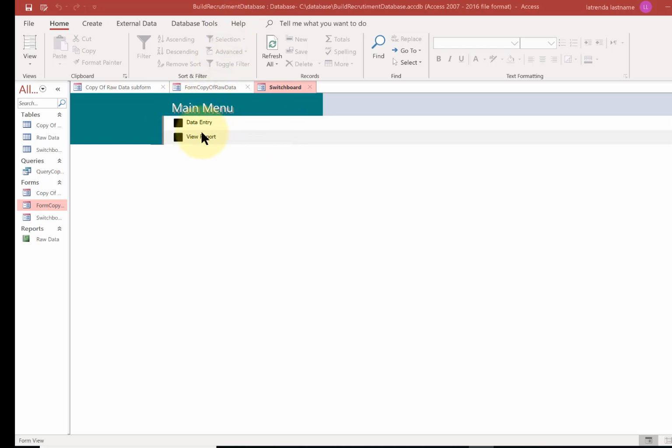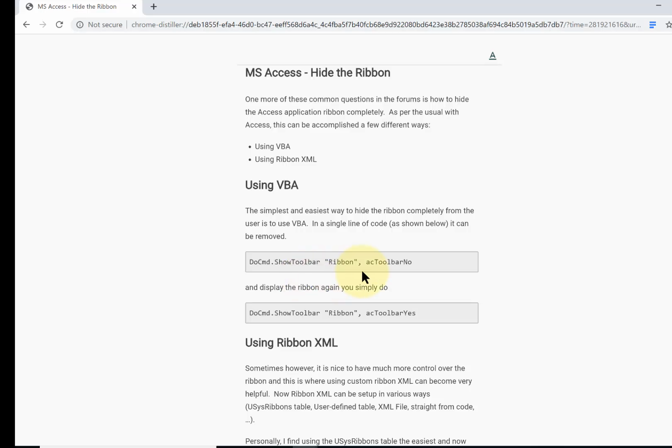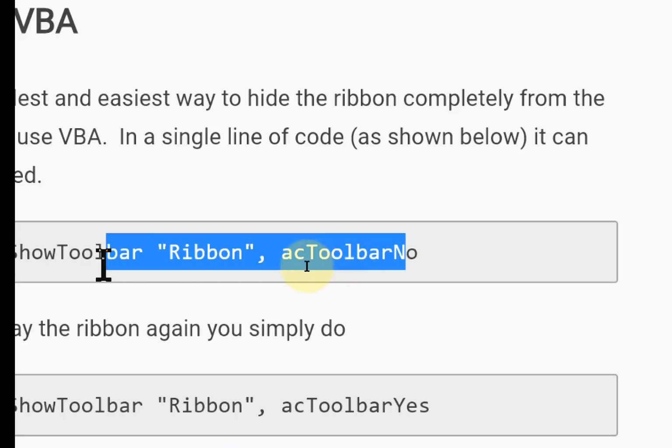And so there's a couple of ways to do this, but I'm going to Google it. I want to try the code issue here, but you can also do it with XML. So let's try to add this one to our form. DoCmd.ShowToolbar "Ribbon", acToolbarNo. So I'm going to copy this,